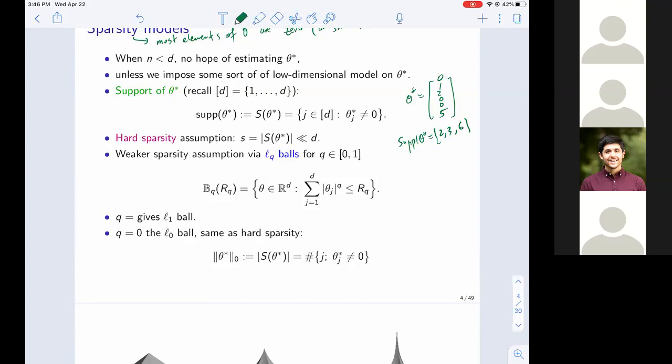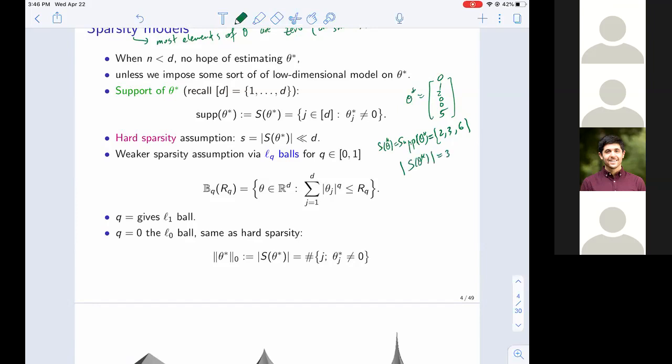The support is the indices of the non-zero elements. And the size of the support of theta star is, in this case,